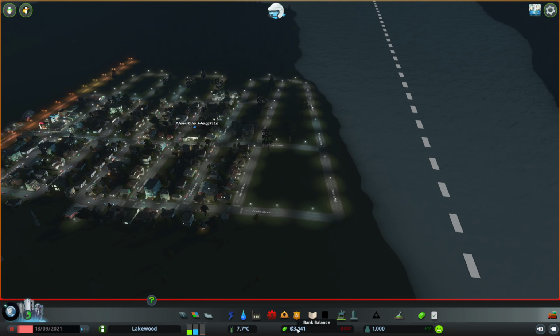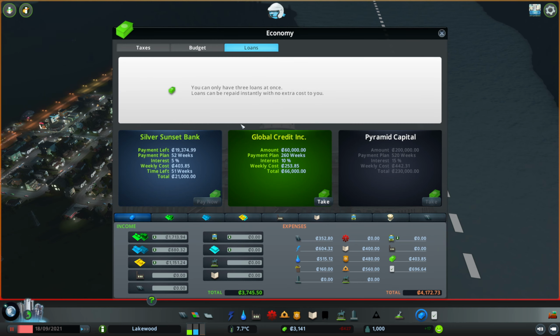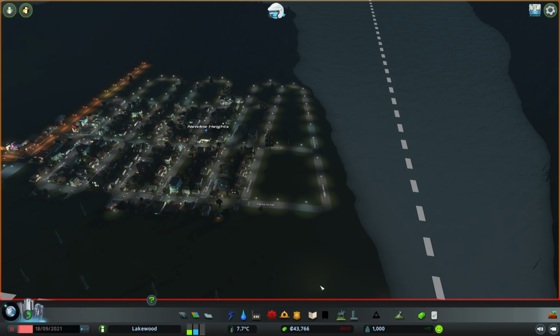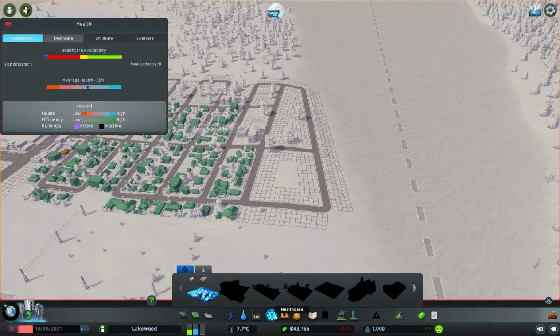Now, we don't have a ton of money left, so I'm going to come over here to the loans, and I'm going to show you a loan trick. Remember we just took this 20,000 loan a minute ago? I'm going to take a 60,000 loan, and I'm going to pay the 20,000 loan off. You always want to keep one of these available so that if you get really desperate, you can always come get some cash. You don't want to live on loans, just like real life. But in this little temporary spot here, and I'll show you the reasons why we have to do this,